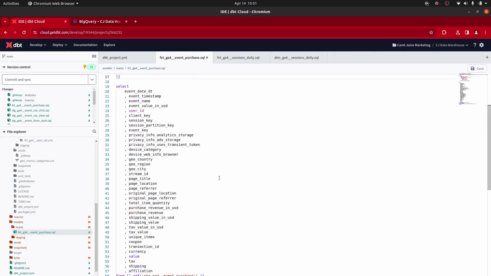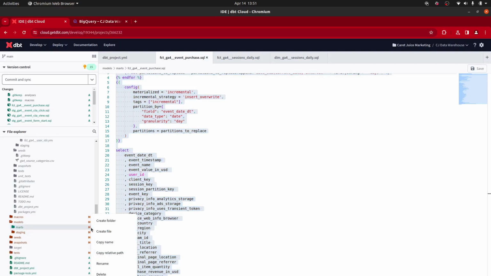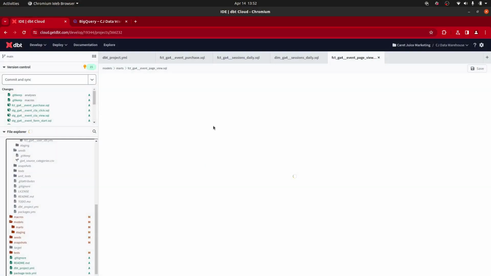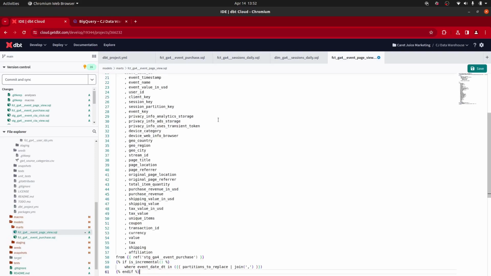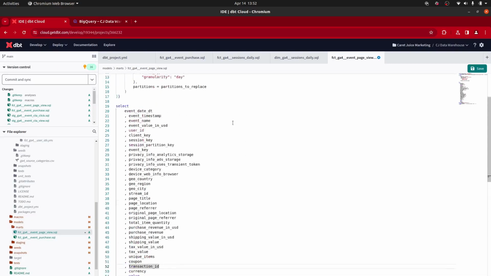And basically what I'm going to do is take all of this, and since we have this good working partitioned model, fact GA4 event page view, create, we type this in, we want stage GA4 event page view. Now all of these other things